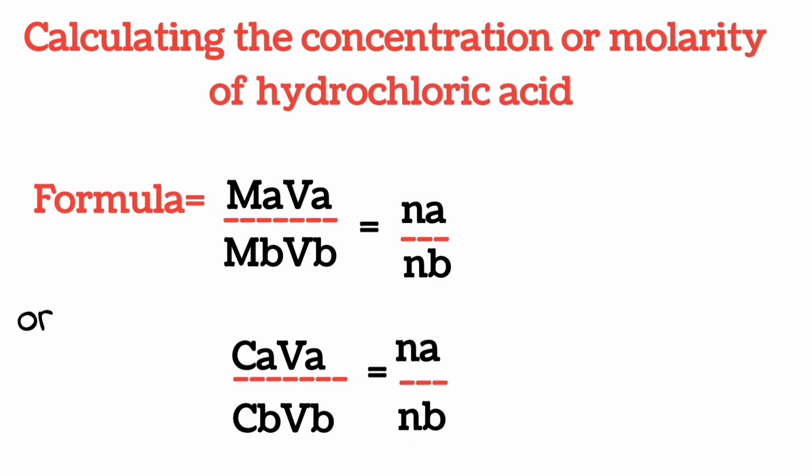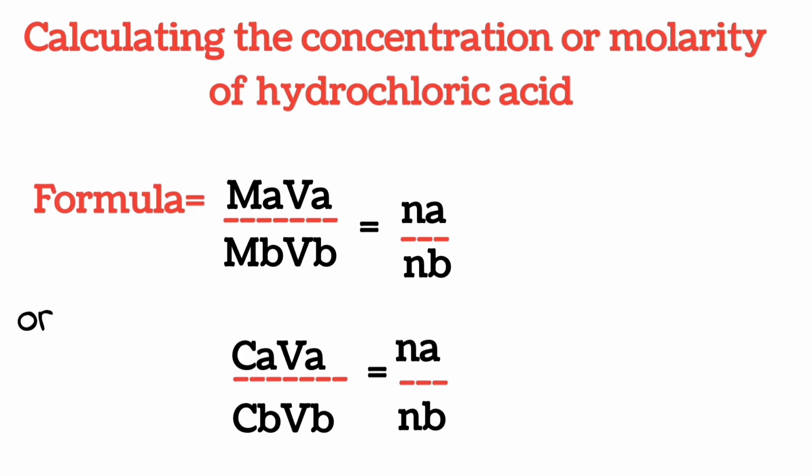How then can we determine the concentration of hydrochloric acid? Knowing the concentration of sodium carbonate, the volume of the hydrochloric acid used, and the volume of the sodium carbonate used. Here is the formula. It states molarity of acid Ma times volume of acid Va divided by molarity of base Mb times volume of base Vb equals number of moles of acid Na, small n, divided by number of moles of base, small nb,